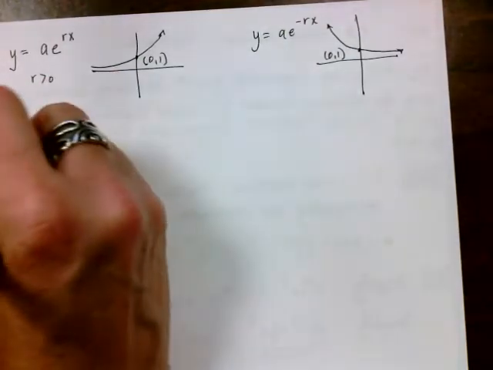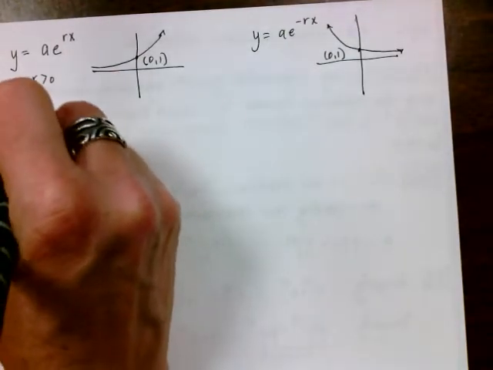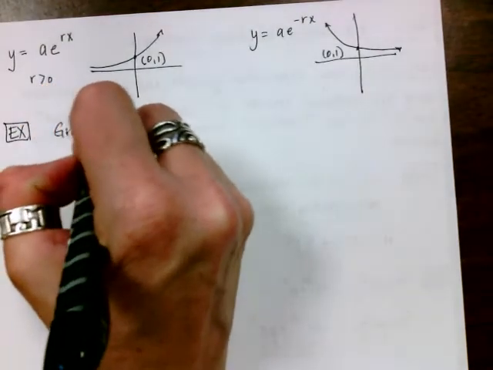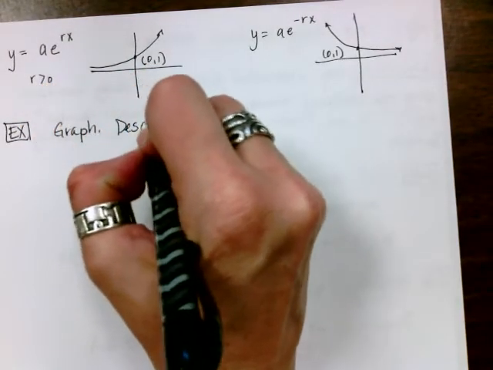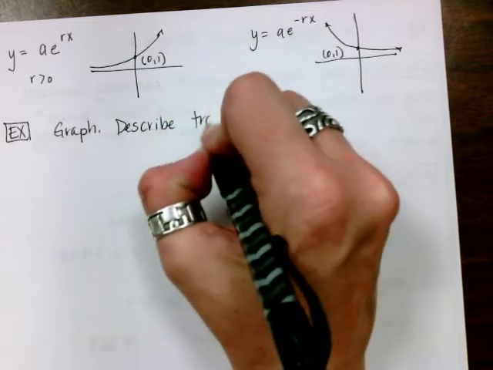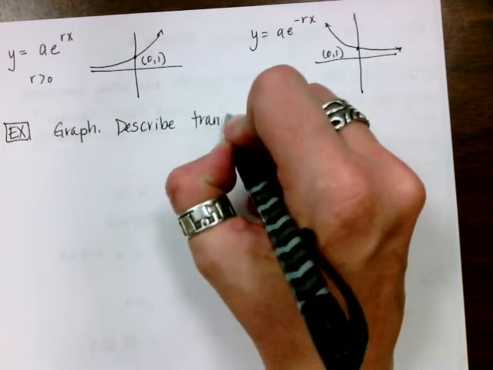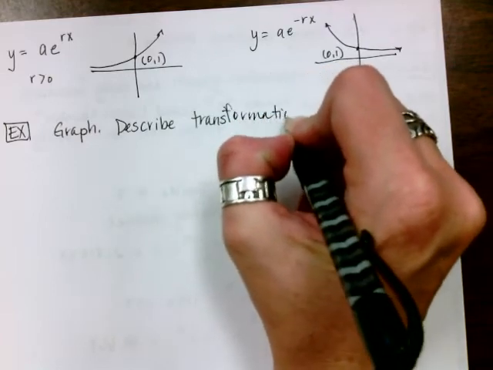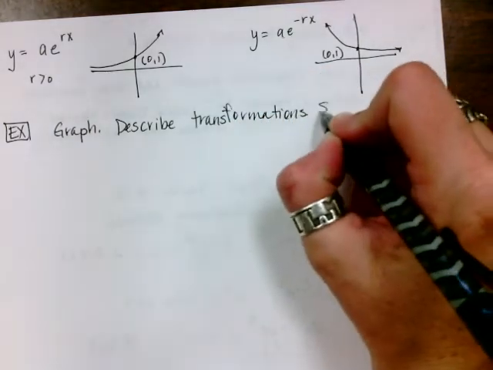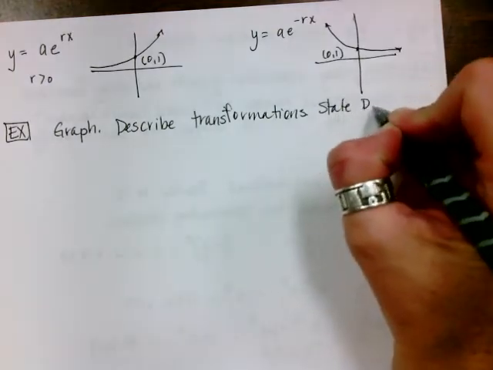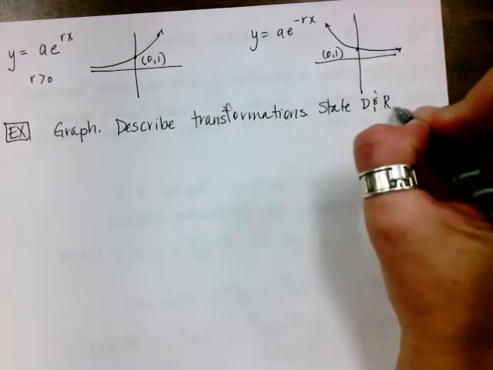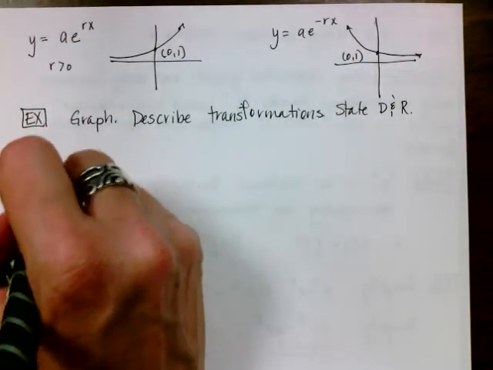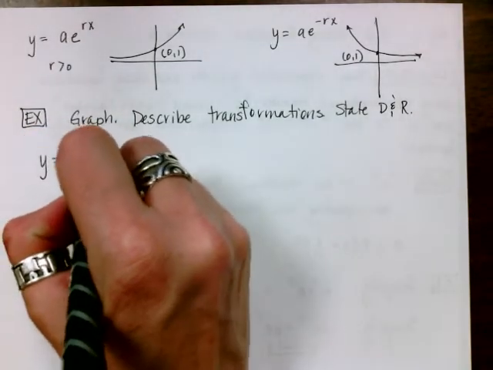Alright, so now I'm going to do some examples from our natural base. I want you to graph, describe the transformations, just like we've done on the last two sections. And then I want you to state the domain and the range. Okay? Alrighty, so my first equation is going to be y equals 3e to the